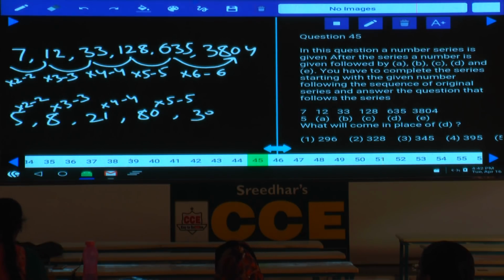Now the question is about which number? D, and D is nothing but 395, choice 4. Done with this? Now into 2 minus 2, into 3 minus 3, into 4 minus 4, into 5 minus 5 and so on. Now, so if you observe here in this one, all the questions, all the 5